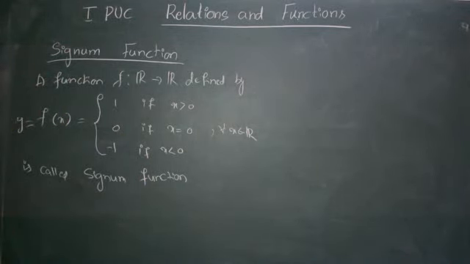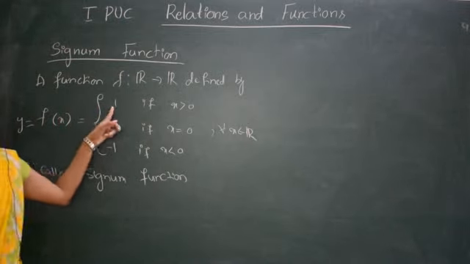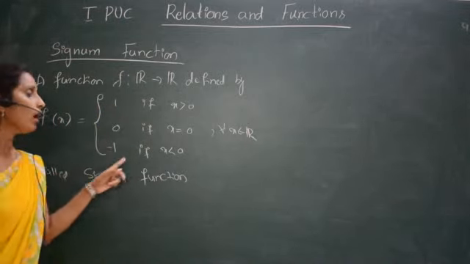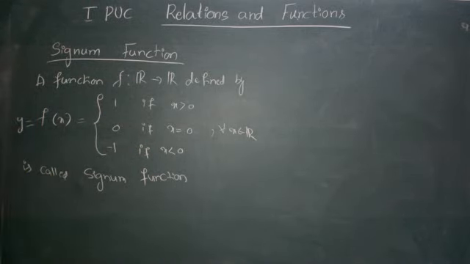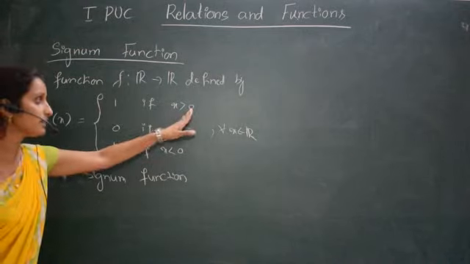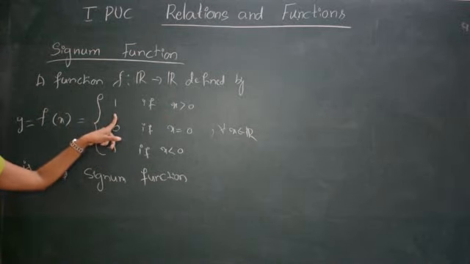So what is this function? Whatever value we give for x, f of x takes the values 1, 0 and minus 1. If I take x equal to 0, then f of x is 0 from the definition. If I take x equal to 1, that is greater than 0, so f of x is 1. If I take x equal to minus 1, that is less than 0, therefore f of x is minus 1. If I take x equal to 2, that is greater than 0, so f of x is 1, not 2. If it is greater than 0, always f of x is 1 only.